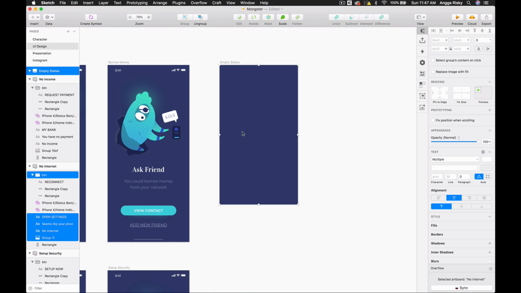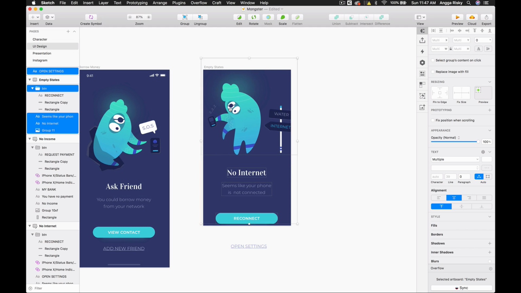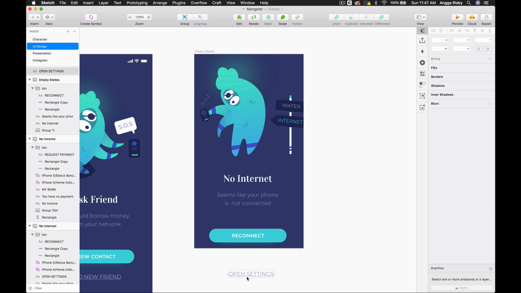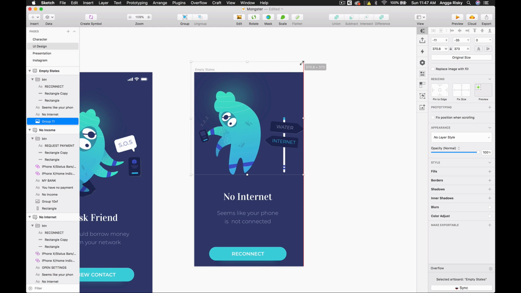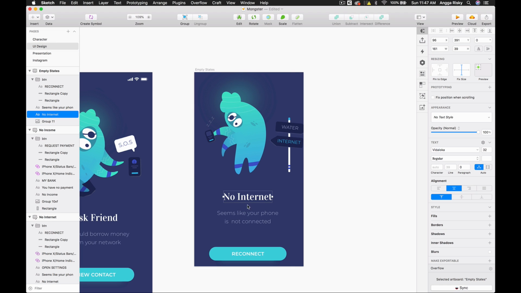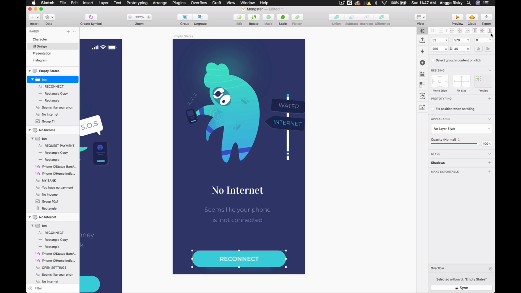Okay, yeah, over here. And then I think the design does not really fit, so I think I have to remove this open setting and make this become smaller, like this. And then for this one I could just go with a 28, and this one I could go with the smallest one, maybe 14, 16. Yeah, cool. And this is the reconnect button.